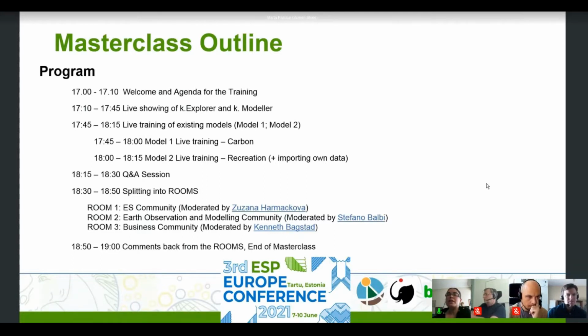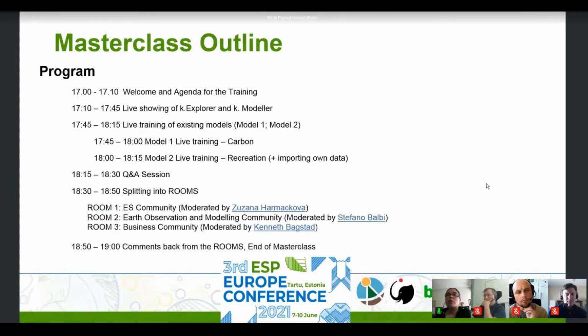And then we will split into 3 different separate breakout rooms. Room 1 will be for the ecosystem service community. It will be moderated by our colleague of the team, Zuzana Harmáčková. Room 2 will be for the Earth observation and modeling community. And room 3 will be for the business community.